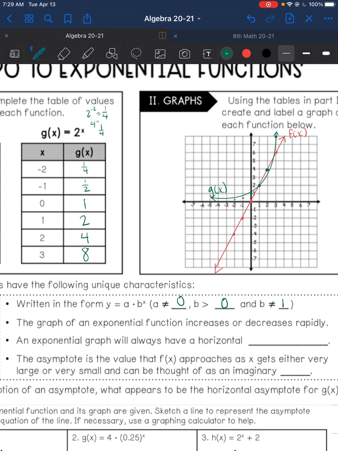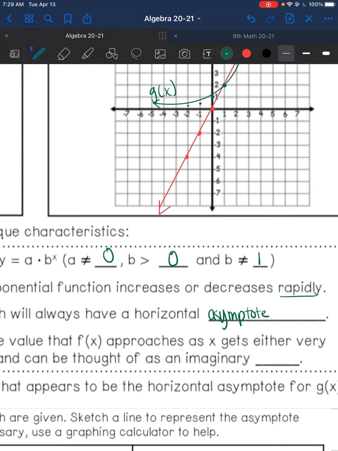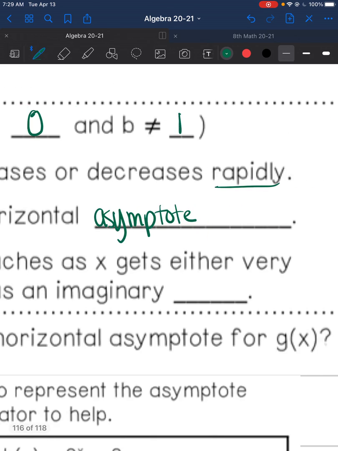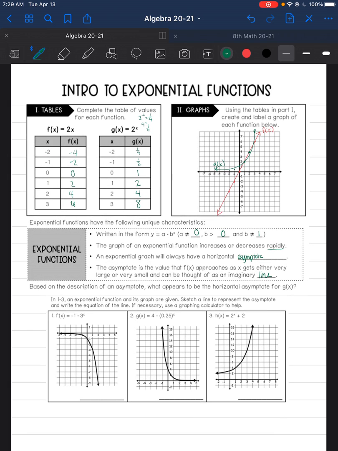The graph of an exponential function increases or decreases rapidly. That's the exponential part. An exponential graph will always have a horizontal asymptote. So that's kind of a weird word. A-S-Y-M-P-T-O-T-E, asymptote. I apologize for the bell. The asymptote is the value that f of x approaches as x gets either very large or very small, and can be thought of as an imaginary line or almost as a barrier, as it will never cross